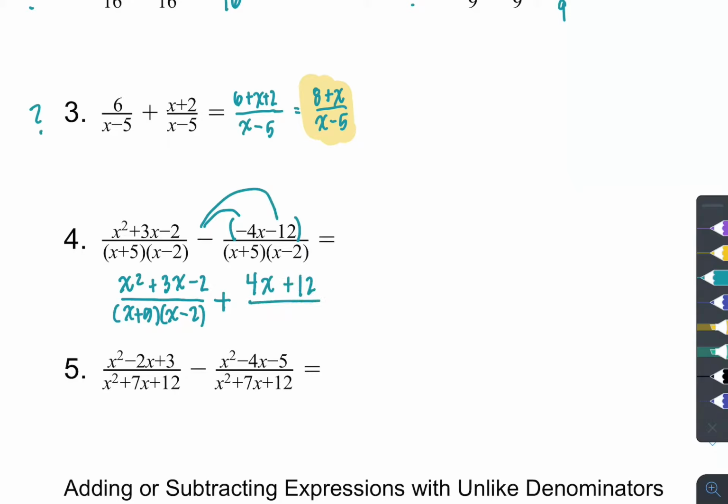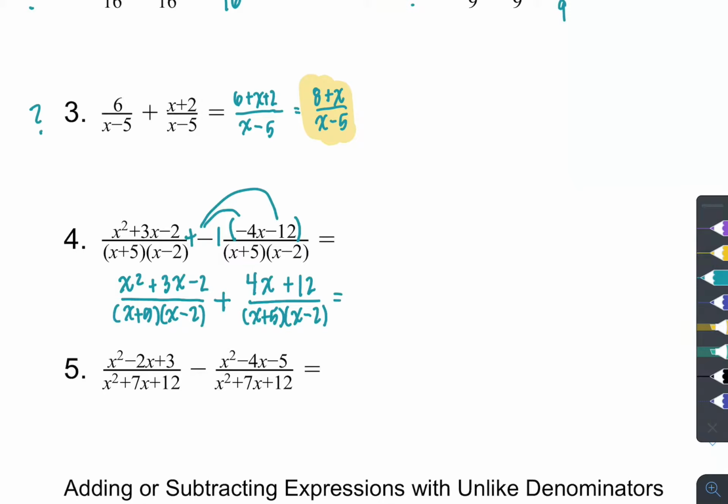So we are switching our sign there. We have the same denominator. So what we did was we distributed this through, making this a positive. So we multiplied. This is kind of the same thing as plus a negative 1, which is why we were